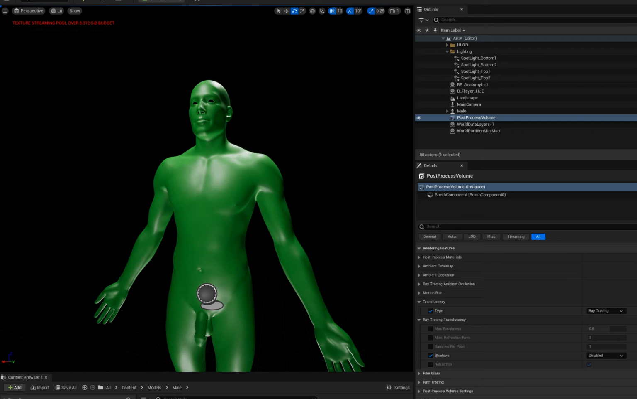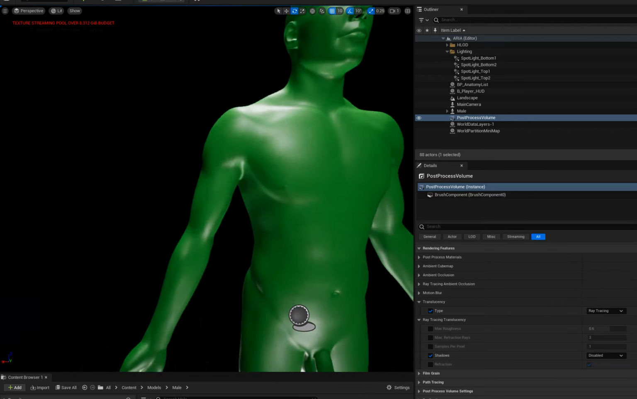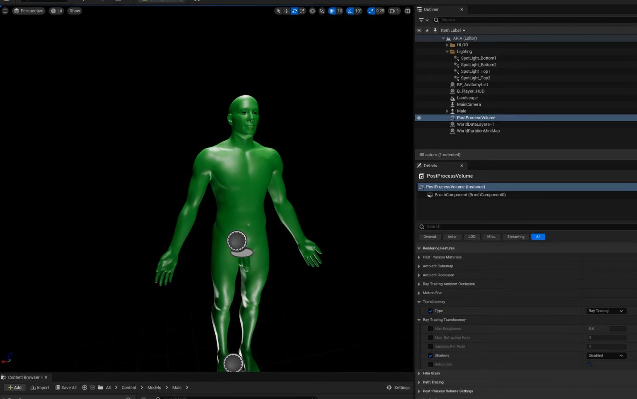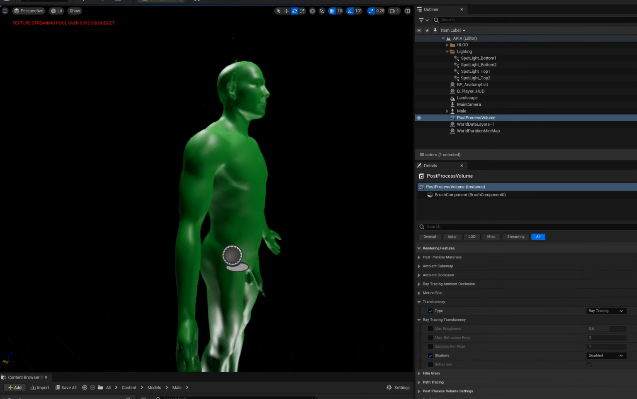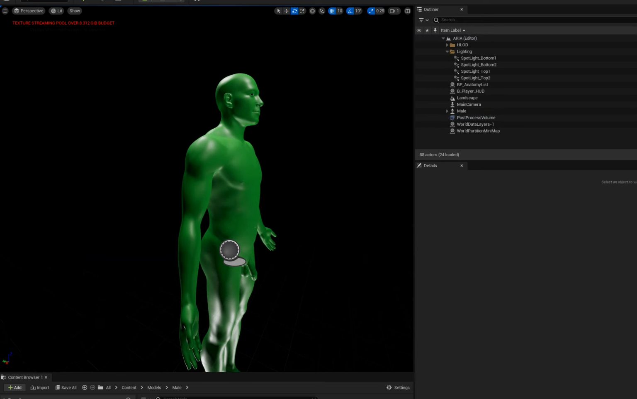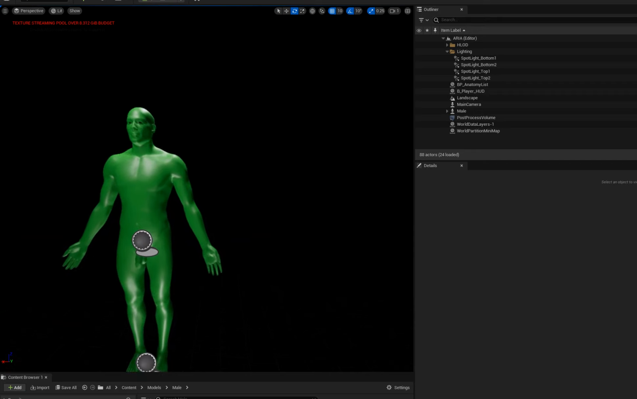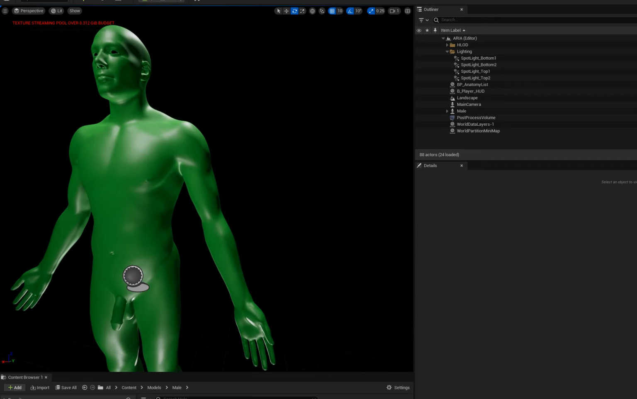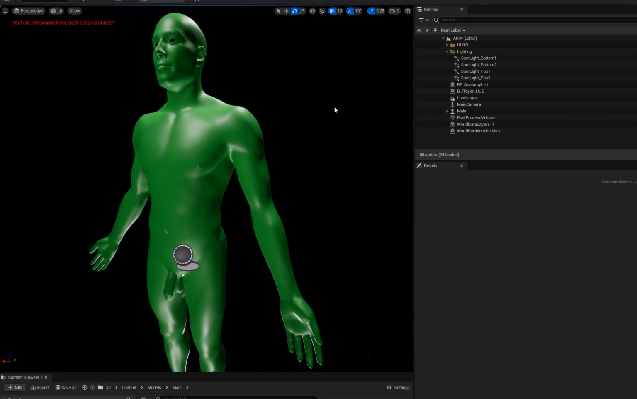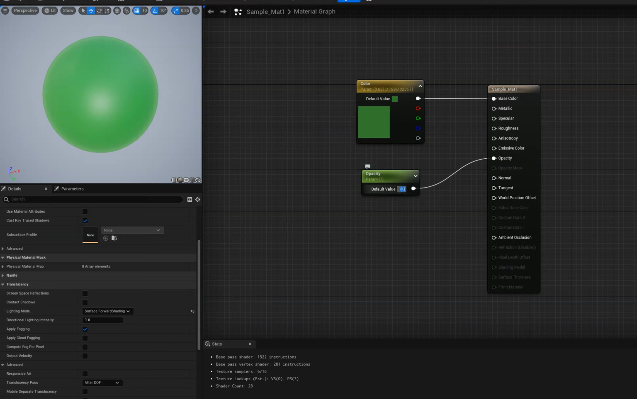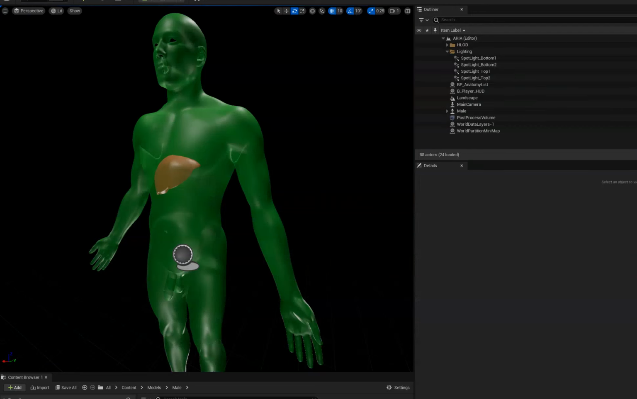So as we can see, the liver is not visible anymore, and if I move around, it really worked just fine. But the opacity for this is still set to 1, and this also shows a new issue. So I'm going to adjust the opacity to, let's say, 0.4, apply,